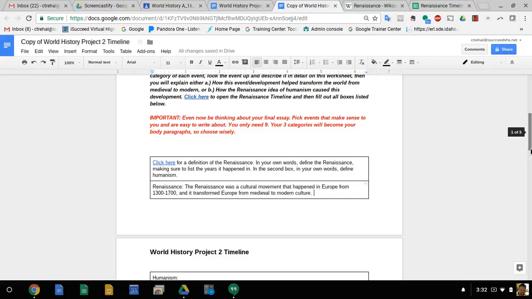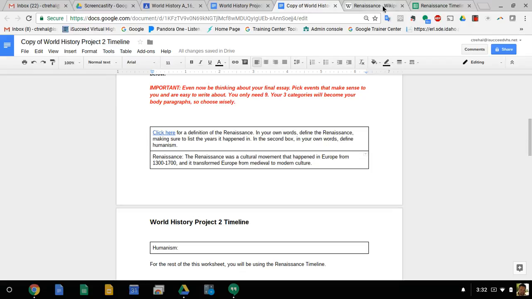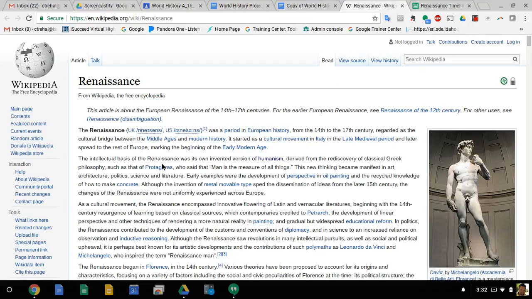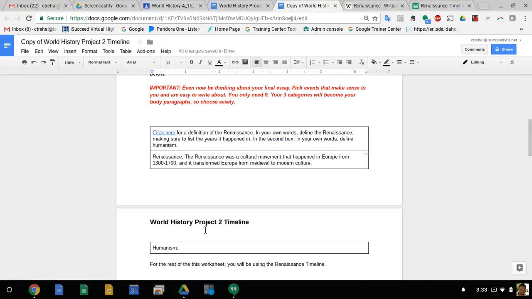Now, it also asks for a definition of humanism. So I go back to my article. Okay, the intellectual basis was his own invented version of humanism, man is the measure of all things. This new thinking became early examples for more. Okay, so the idea that man is the measure of all things,